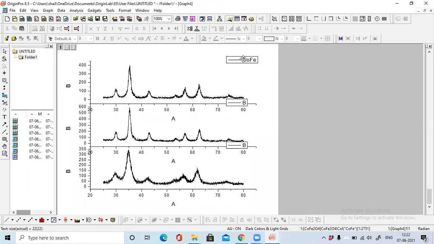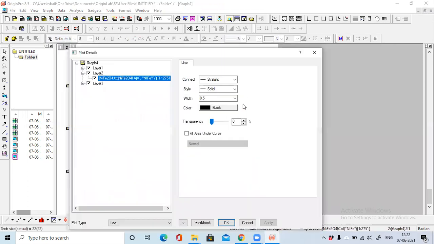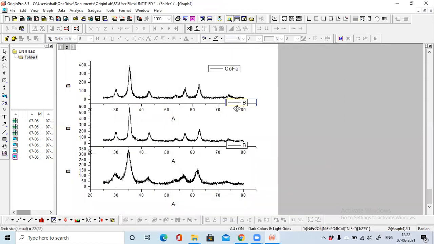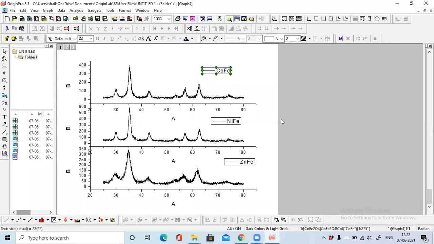Now when you go to this graph number, just click here. You will see this is cobalt ferrite. Just double click here, or you can go here also. This is also used to, suppose I delete this and I don't know what, so just click here, it will come. Okay, so now you got this graph. Now, because this is intensity, we are not going to compare the intensity; we are seeing the phase, we are going to analyze the phase of the X-ray diffraction pattern.